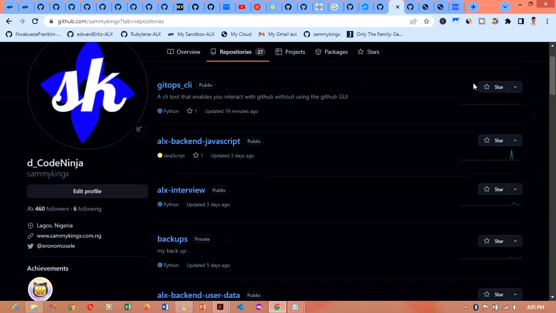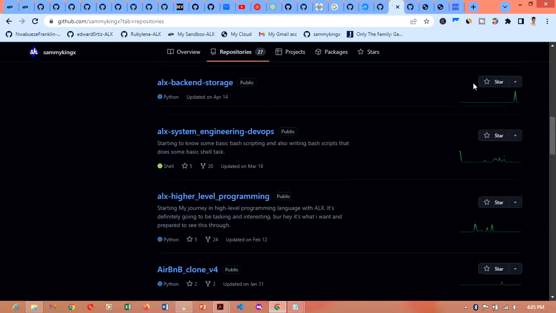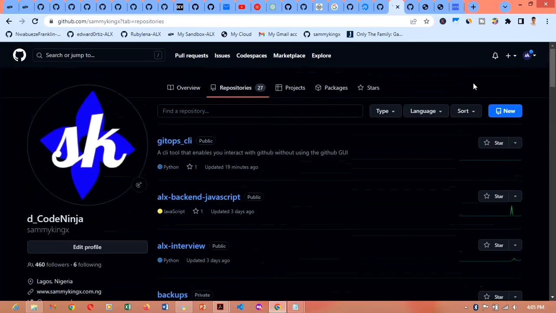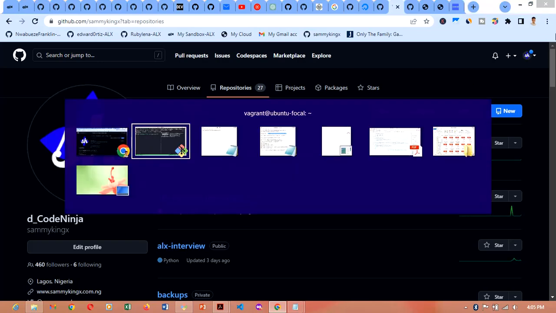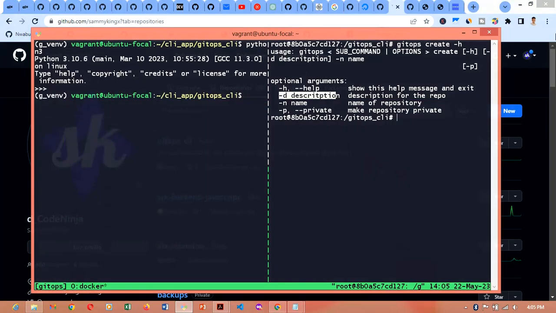As you can see, these are the repositories I have here right now. So I'm going to try to create one using the gitops tool. Okay, so gitops, now the create option, now a name for the repository. So let's call this